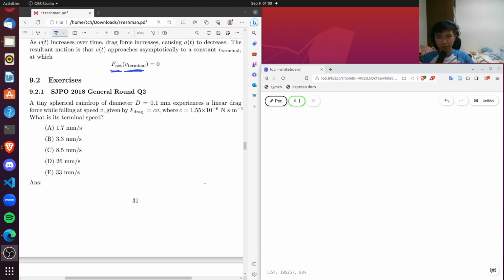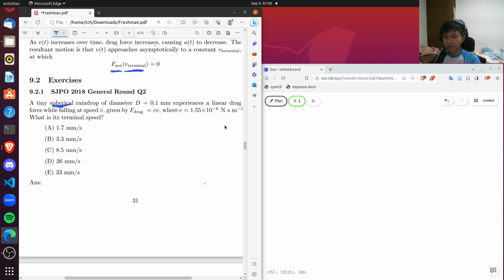Okay, so now we are on to a quite simple question. We're given that a tiny spherical raindrop of this diameter is falling, and specifically, we are asked to calculate its terminal velocity, right? Terminal speed, and we are given information about its diameter. We're told to assume that the drag force is linear with respect to velocity. So that's an assumption. In reality it's actually a dependence of velocity squared and whatnot, but in this case,